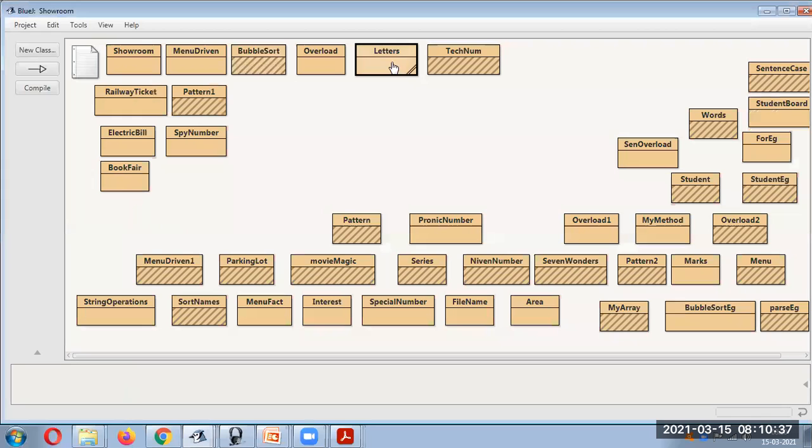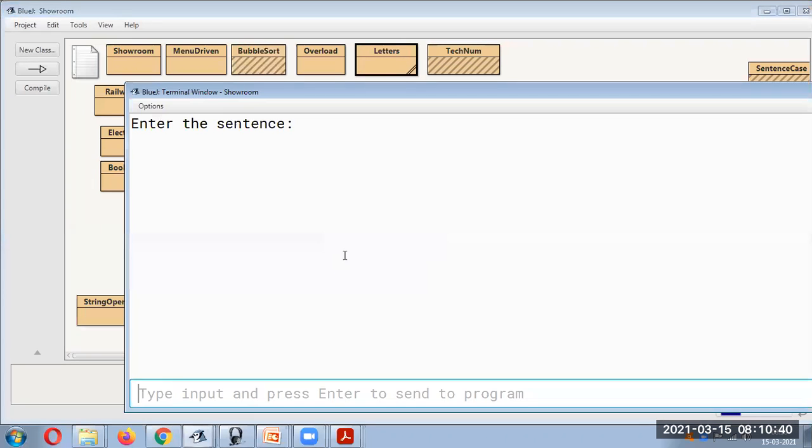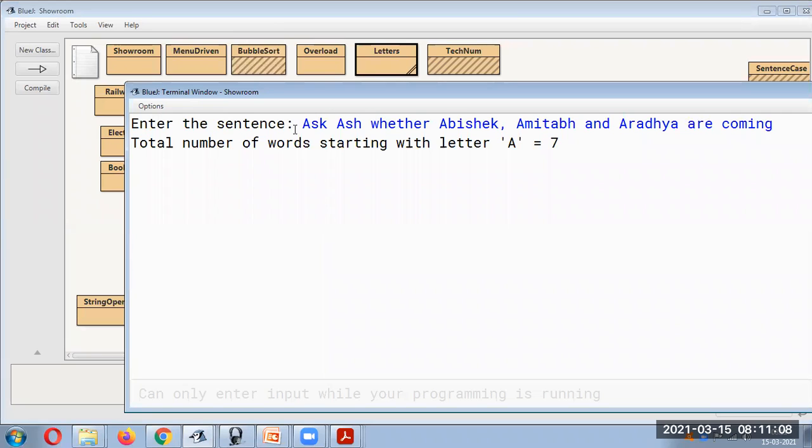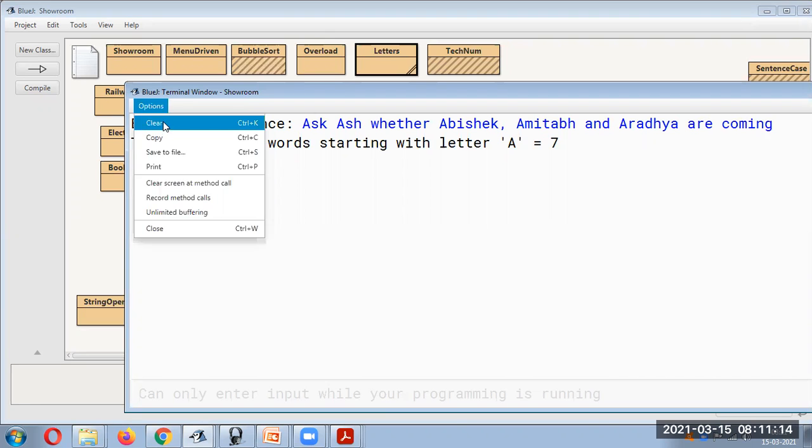We execute it for another sentence. So you can see 1, 2, 3, 4, 5, 6, 7 letters.